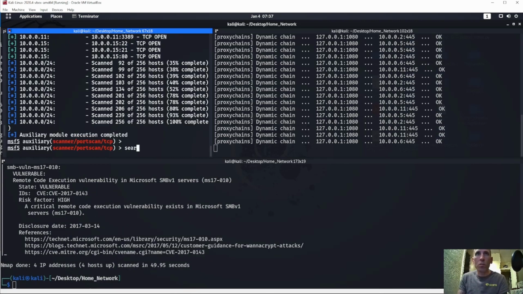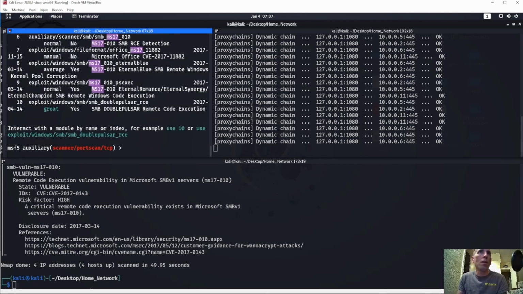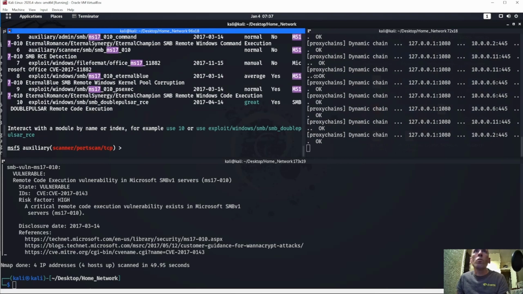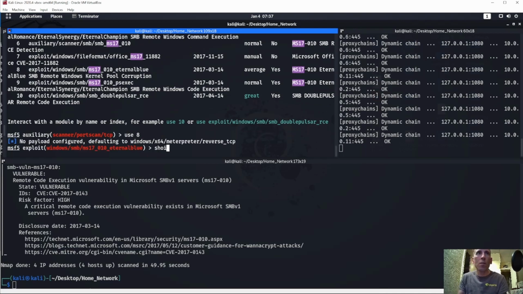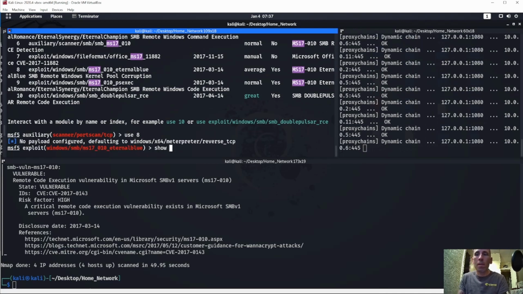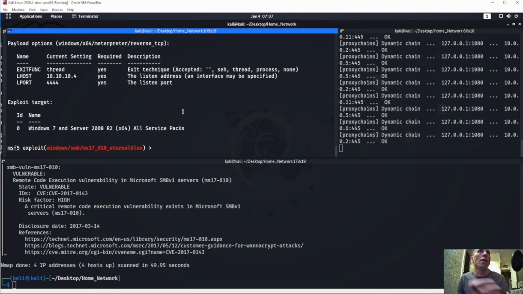Okay, let's go ahead and search for MS17. And we'll do our EternalBlue, right? MS17-010. So let's go ahead and use 8. Show options. And we're going to go ahead and run this guy. Now,